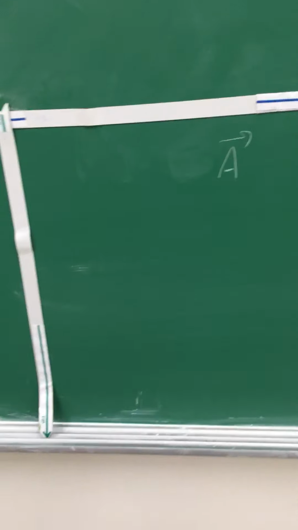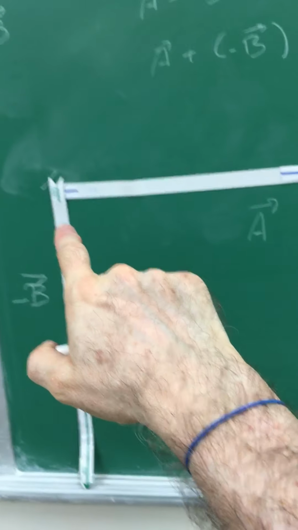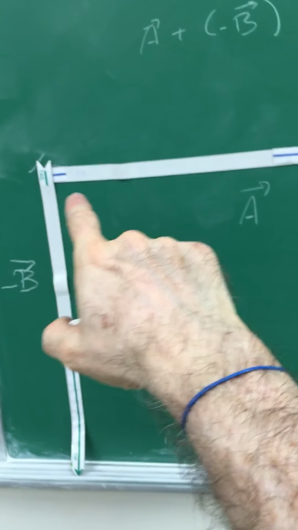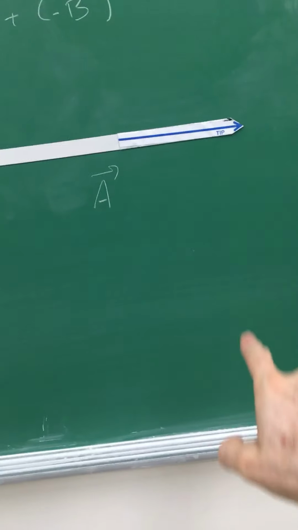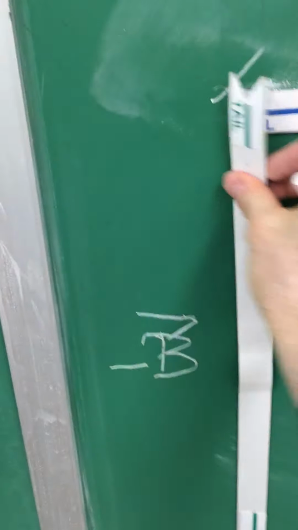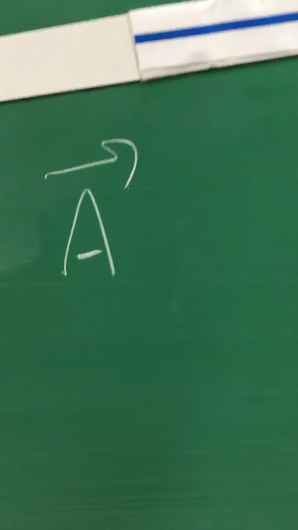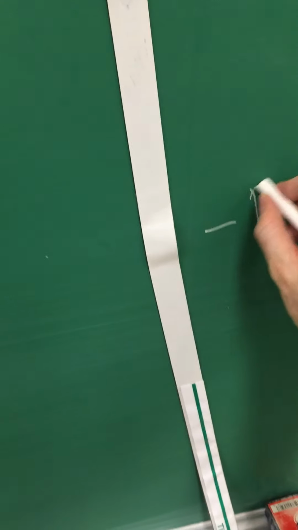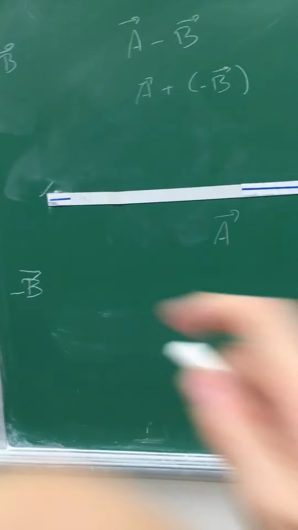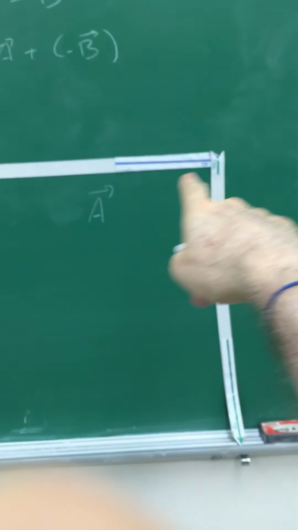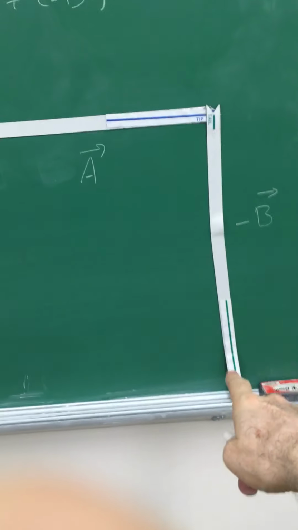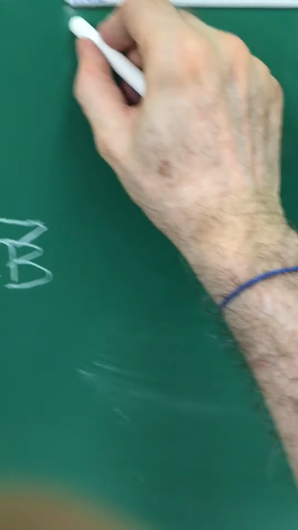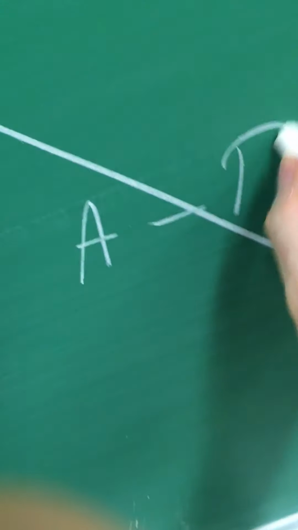And if I want to add these two guys together, think of it again as an orienteering problem. I start here, I go east a certain amount, then I go south a certain amount. Whoops, I better move this guy over to have its tail at the tip of a. So now this is still negative b. And if I zoom out, I want to start at the tail of a and go to the tip of b. So my solution here is going to be this. This is a minus b,